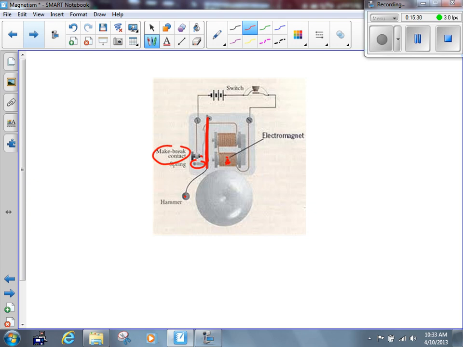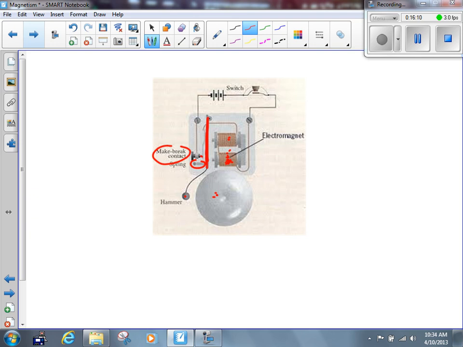The electric current starts flowing again, remagnetizes these electromagnets, pulls it back, ding, breaks the circuit, spring pulls it back, completes the circuit again, remagnetizes these, attracts it, makes another ding, pulls it back, and so on and so on and so on. As long as you have your finger on the switch, then it's going to go ding, ding, ding, ding, and so on. Make sense? Again, a fairly simple technology, but primarily based on that discovery that was made almost 200 years ago